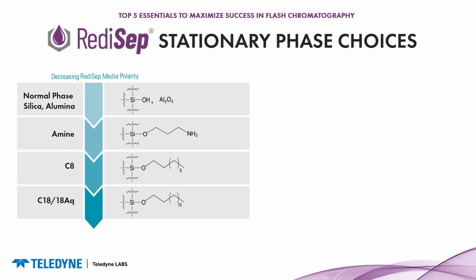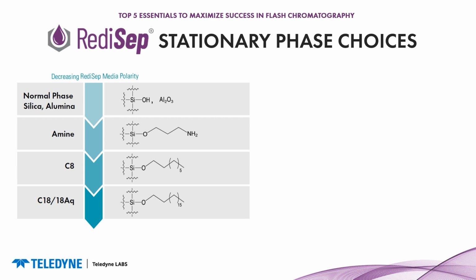So as I mentioned earlier, different stationary phases are going to have different chemistries. And here at Teledyne ISCO, we have plenty of different ready-set stationary phases to choose from. If we look at the chart on the left, this chart is decreasing from top to bottom in polarity of stationary phases. So at the top, you're going to have the most polar stationary phases. These are your silica, your alumina, your amines, and these are most commonly going to be used in normal phase